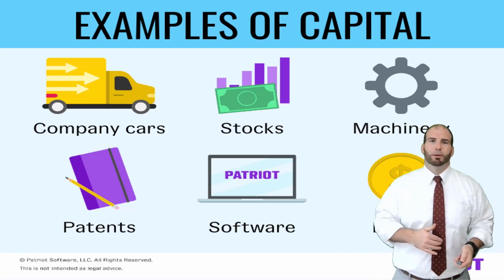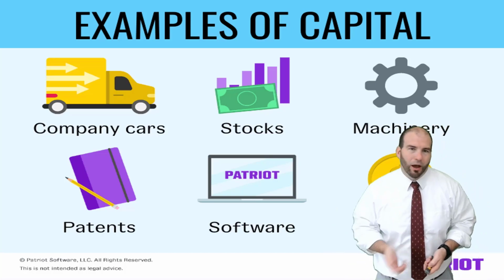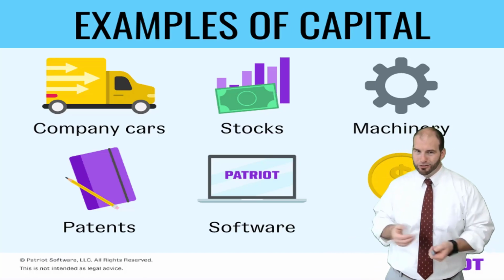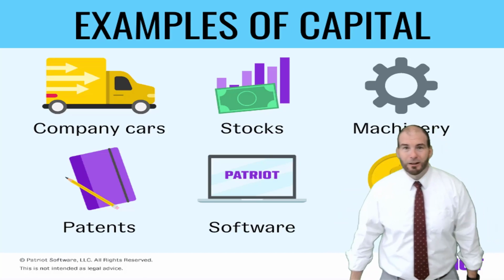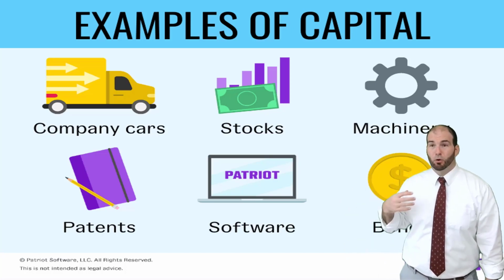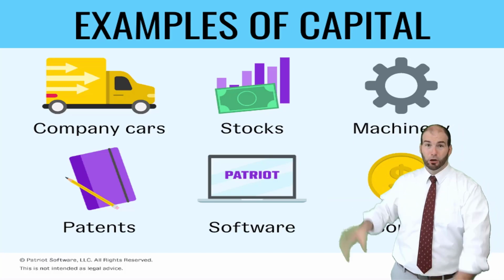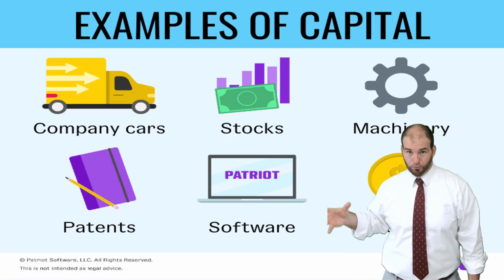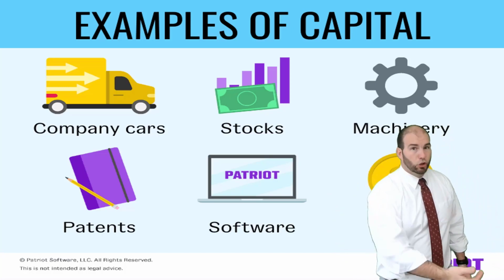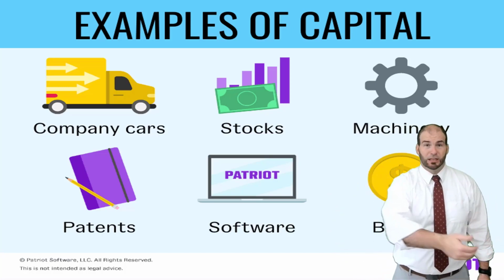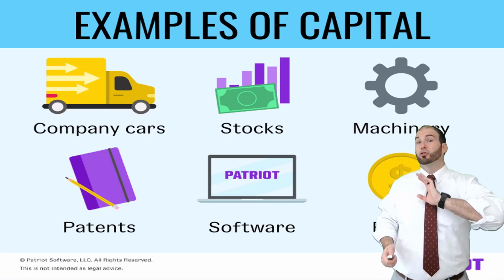If you have a fancy piece of machinery that makes, I don't know, whiz bangers, and there's a big market for whiz bangers, and everybody wants to buy your whiz bangers, and you have your whiz banger machine, all right, the capital is the amount of money or whatever you use to buy or make the whiz banger machine. The whiz banger machine itself is capital, all right? So it's a piece of machinery used to make money and to be successful. And it doesn't have to be machinery. Capital, a lot of times, is just straight money.